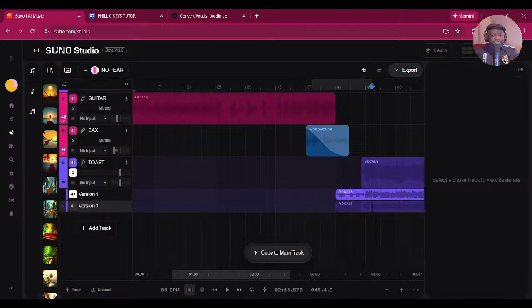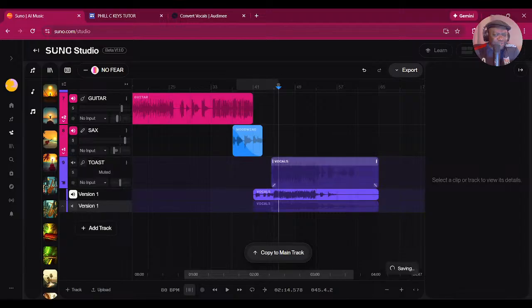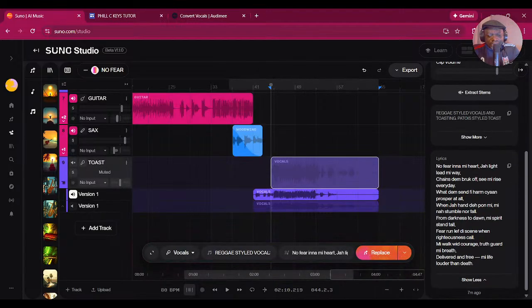Because I had the saxophone overlapping, it seemed to want to use the saxophone as reference to know what melody to use, and I didn't want it to use the sax melody. So I am going to mute that. I'm going to add another track. I'm going to use exactly the same prompt. So I'm going to take my lyrics